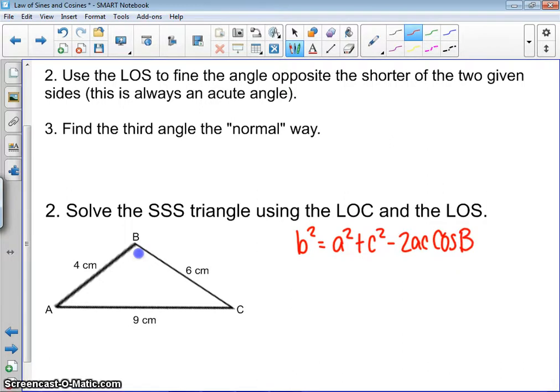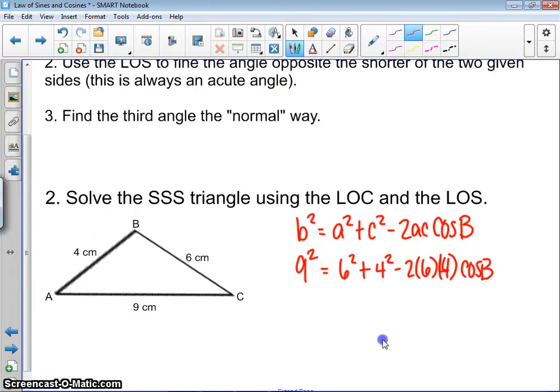Now I'm going to plug in everything I know. I'm looking for an angle, so B is going to be 9 squared equals 6 squared plus 4 squared minus 2 times 6 times 4, and then cosine of big B. Now, I'm going to combine and simplify what I can. 9 squared is 81. 6 squared plus 4 squared is 36 plus 16, which gives me 52, minus 2 times 6 times 4 is just going to be 48,